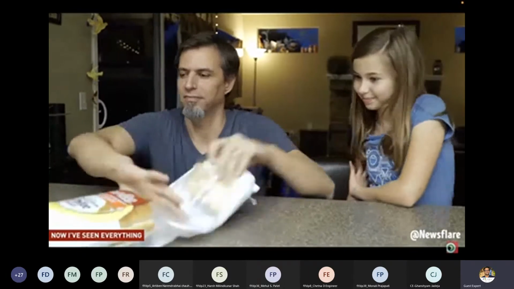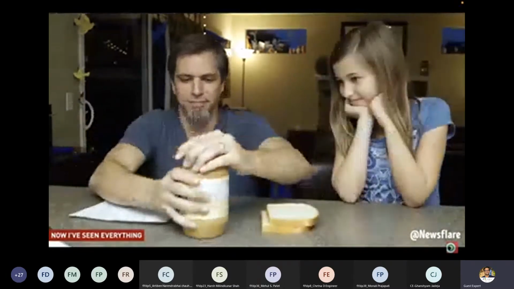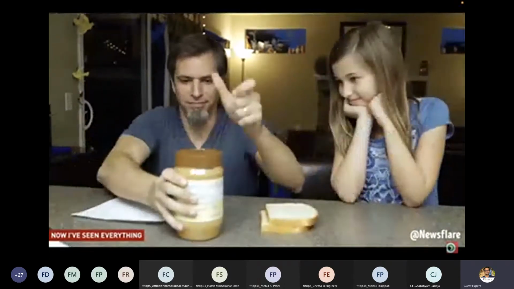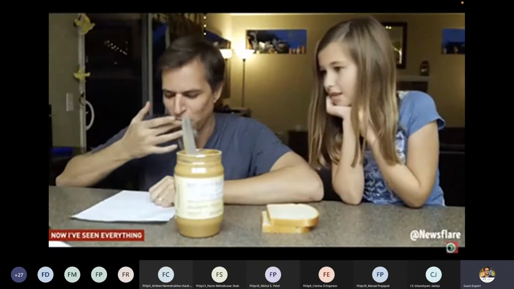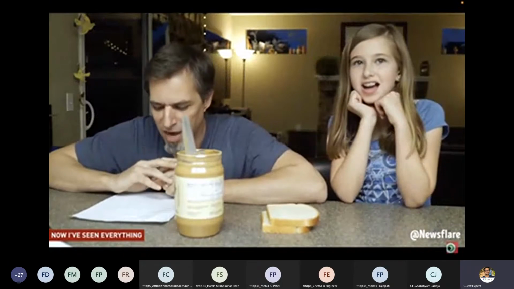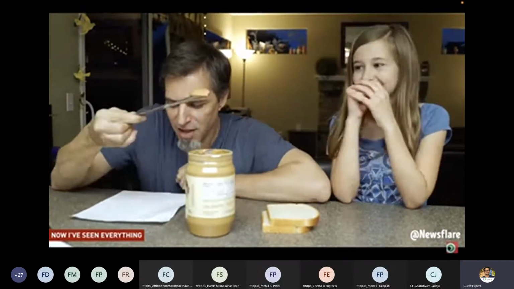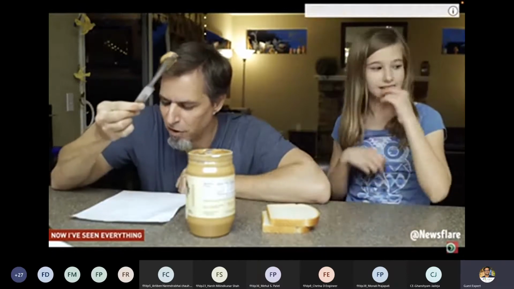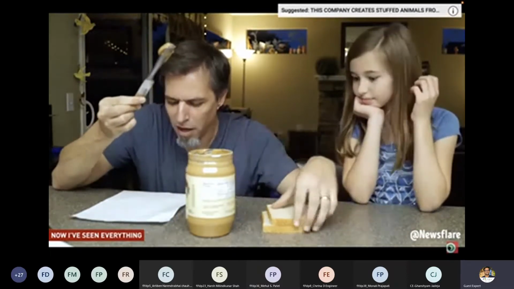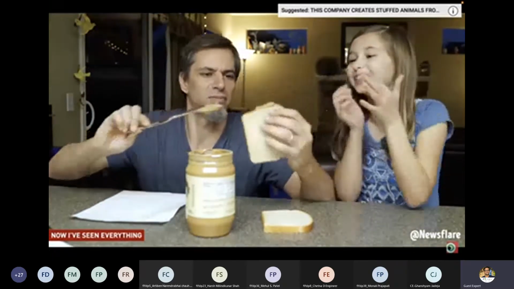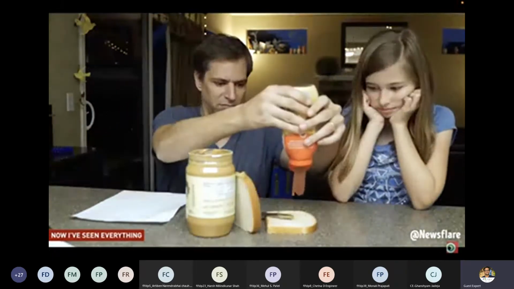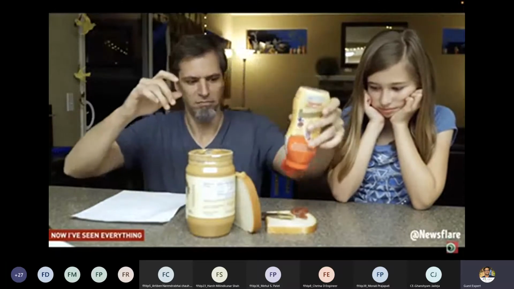Take 2 pieces of white bread out of the bag. Take the lid off the jar of peanut butter. Get a butter knife and stick it inside of the peanut butter jar. With the knife, scoop some of the peanut butter out of the inside of the jar. Spread your scoop of peanut butter onto one of your pieces of bread with a knife. No. Squeeze some jelly onto the other piece of bread.